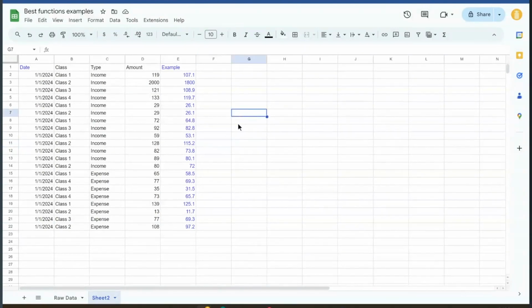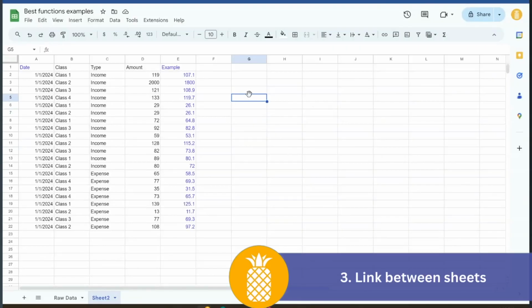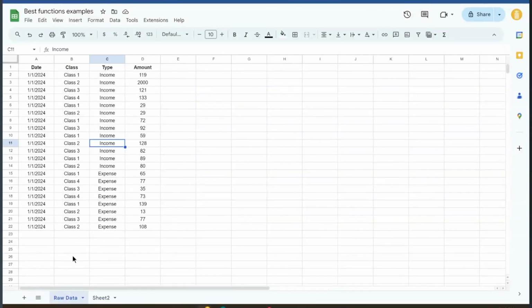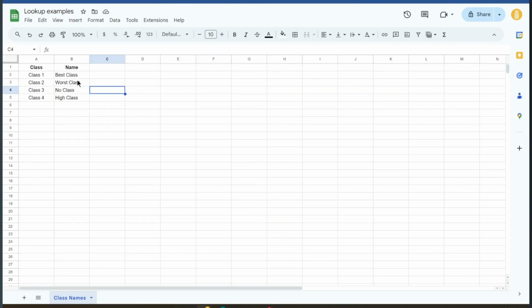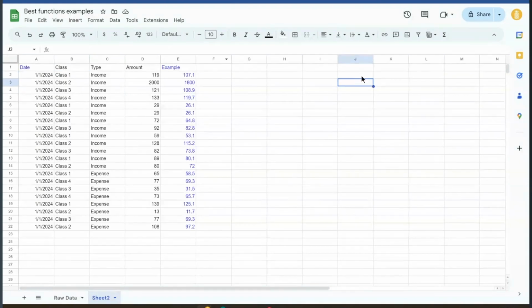Okay, so point number three, why this is super cool, is we can link between sheets, right? So this is a big one. If we wanted, for example, in our raw data, you can see class 1, 2, 3, etc. If we wanted to see what that class is, but that lookup table is somewhere else, what we can do is pull in that lookup. So we've got this lookup example here, class 1, 2, 3, 4, from best, worst to no and high class, right? So what we're going to do is make our lookup table over here,